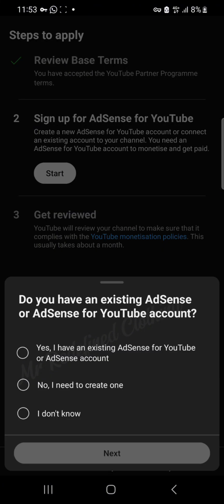Now you decide if you have an existing AdSense account or YouTube AdSense account. If you don't have, you go to create one. I might decide to link it with my own account, but the problem of linking with one account is that if one gets copyrighted, it will affect the other AdSense, especially if you are running 2 or 3 accounts on YouTube. It's advisable you use different AdSense accounts, because one might have an issue and it will affect the other